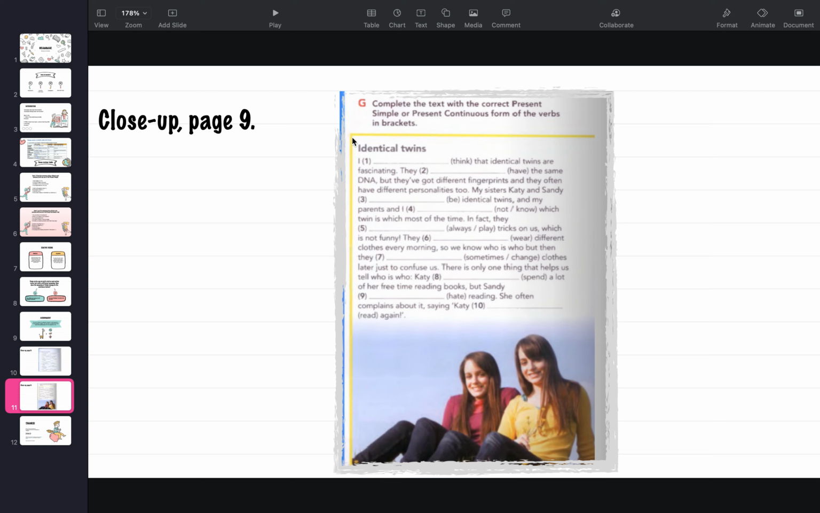And then the G, complete the text with the correct present simple or present continuous form of the verbs in